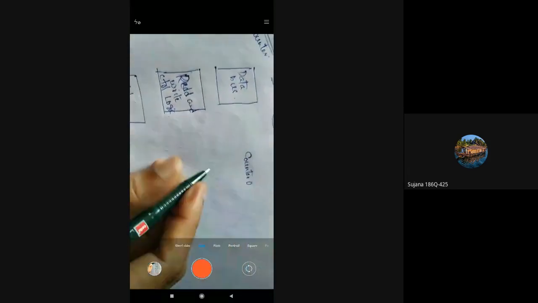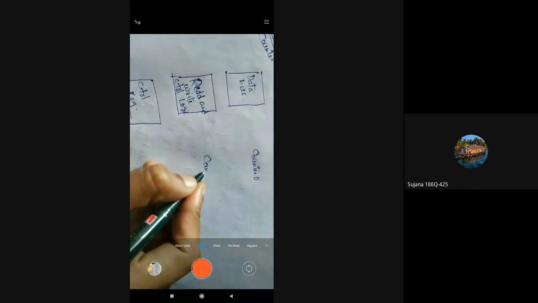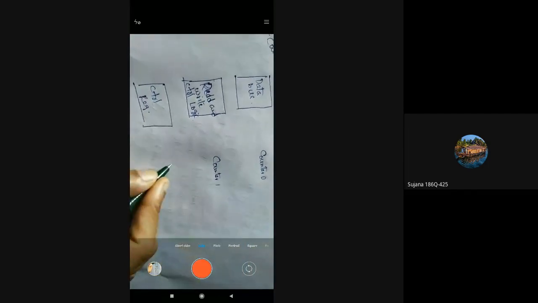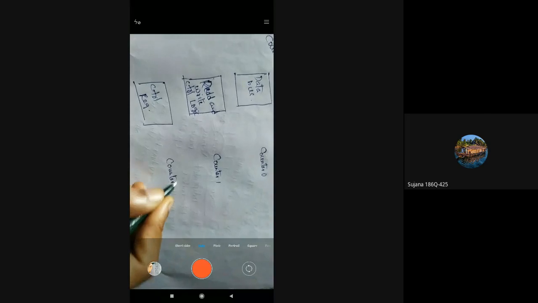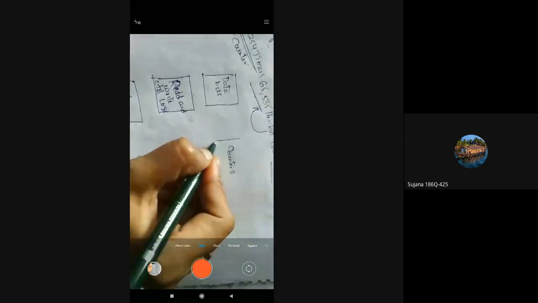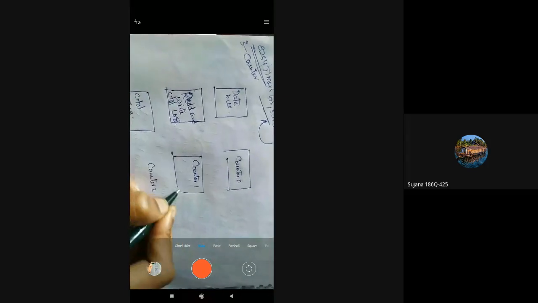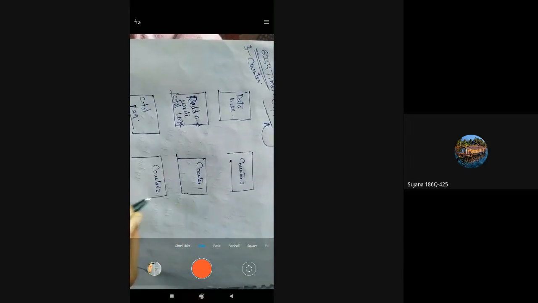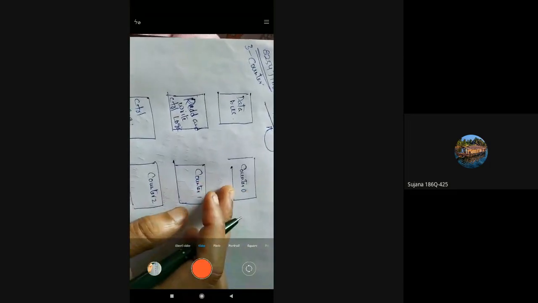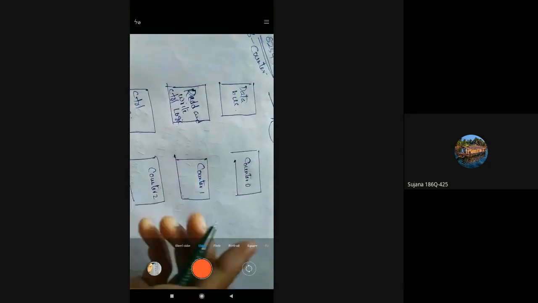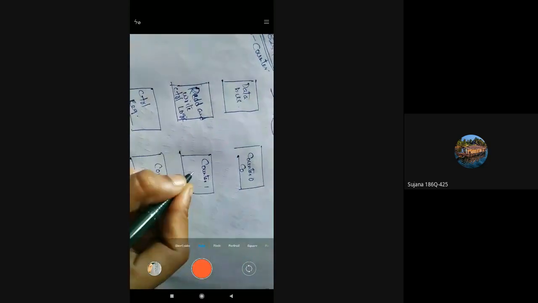Counter 0, counter 1, counter 2. If you see the internal structure, the architecture of the 8254, it contains 3 counters: C0, C1 and C2.